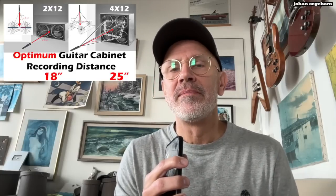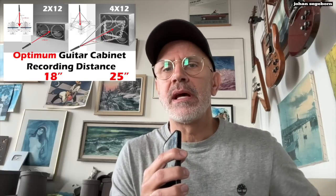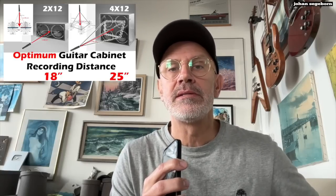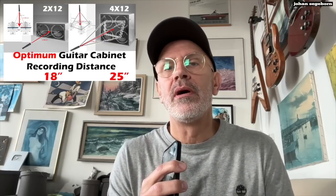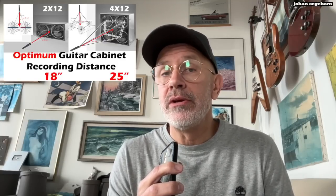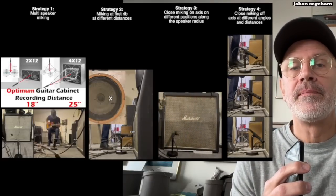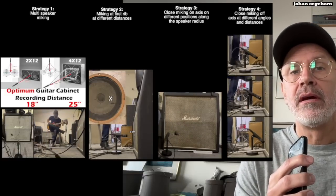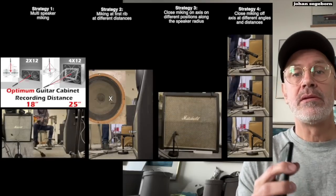Now, since this is just in theory, I'm going to make experiments now to confirm or refute it. So I'm going to place the mics close to the cab and move them gradually out to see, is this actually a legit distance that actually produces better results than other distances or not? I'm also going to compare these techniques to the techniques I usually use. In the picture here you can see 3 other techniques also. So we're going to investigate them at different distances and different angles and compare the best result from each technique to these